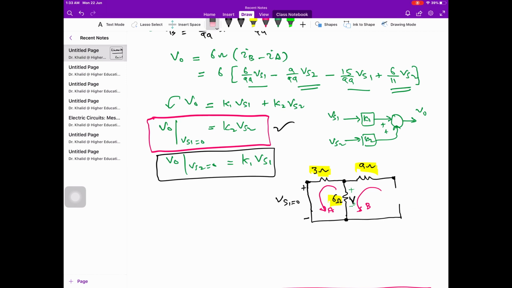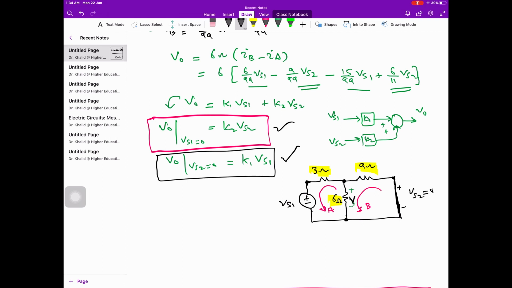So VS2 is 0, which means the voltage which was over here, due to short circuit, is now 0, and we have to put source 1, VS1, over here again. So this is VS1, and now if you solve this circuit, you will find the output voltage due to VS1,